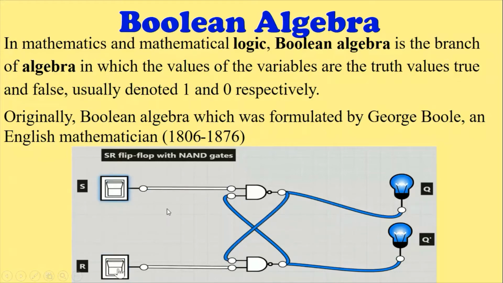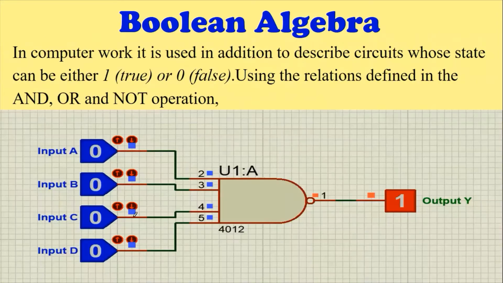As we can see in this picture, there are two different bulbs, the logical operations or logical gates, and there are switches. When we turn the switch on or off, it performs the jobs of the different logical gates, and the bulb turns on and off. So let's move towards the next one, Boolean algebra.